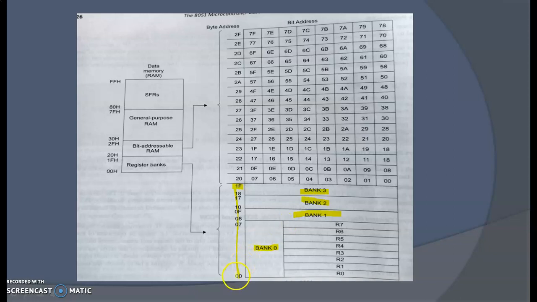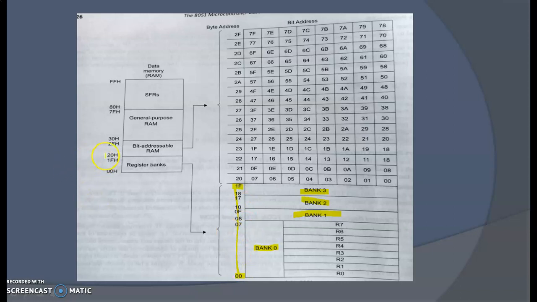So first 32 memory locations, that is from 00 to 1F, they are for 4 register banks: bank 0, bank 1, bank 2 and bank 3. There are 4 register banks and each having 8 registers. So 4 into 8, so total 32 memory locations for register banks.